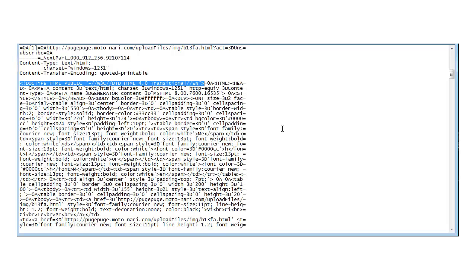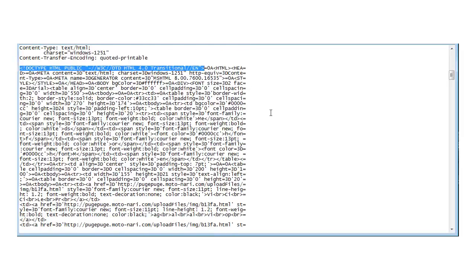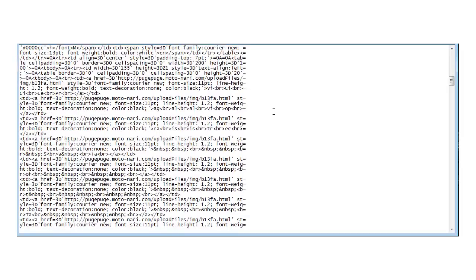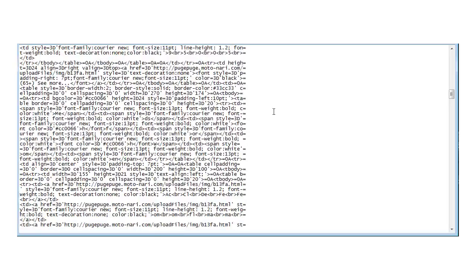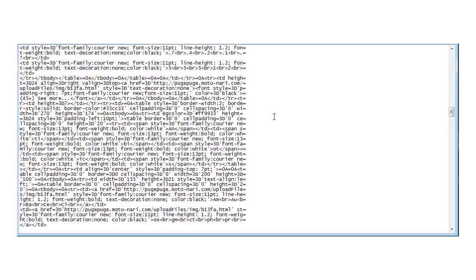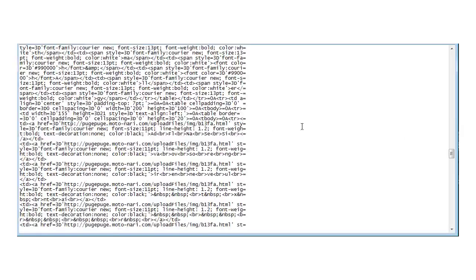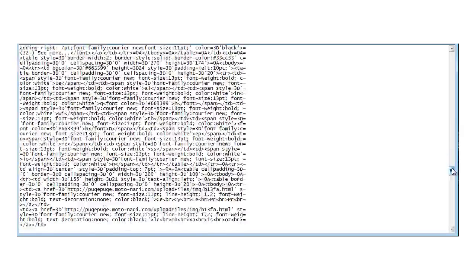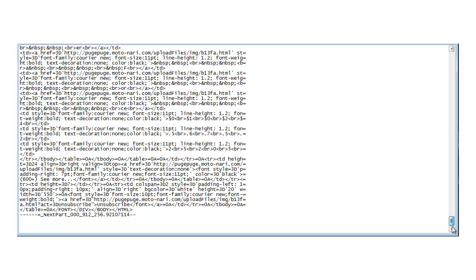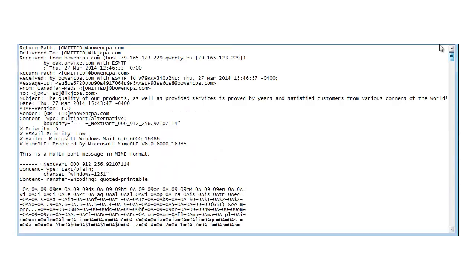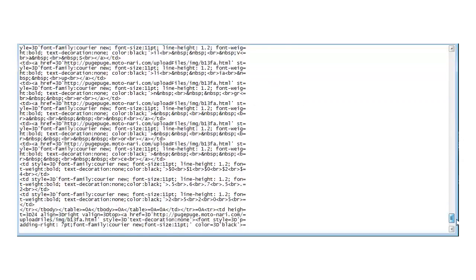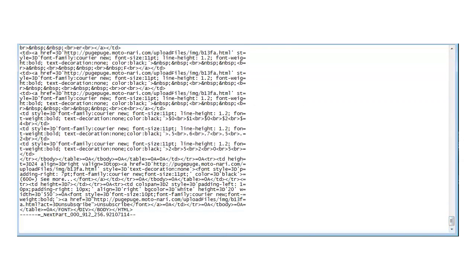It would have shown you maybe a table with stuff in it. Now, one of the things that they will often do, and I'll show this to you later if I don't find it here. I don't think I'm going to find it in this particular one, but they will actually have two sets. No, it's not in this one. They will actually have two sets of messages, and I'll show you one of those in just a minute. But they even go through the process of giving you the ability to unsubscribe right here,